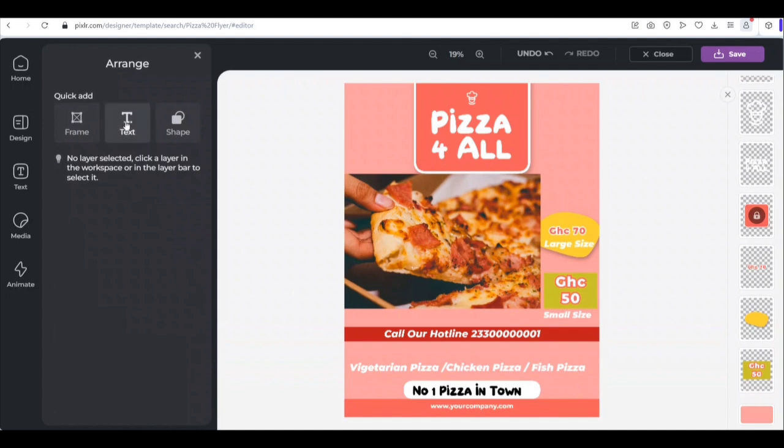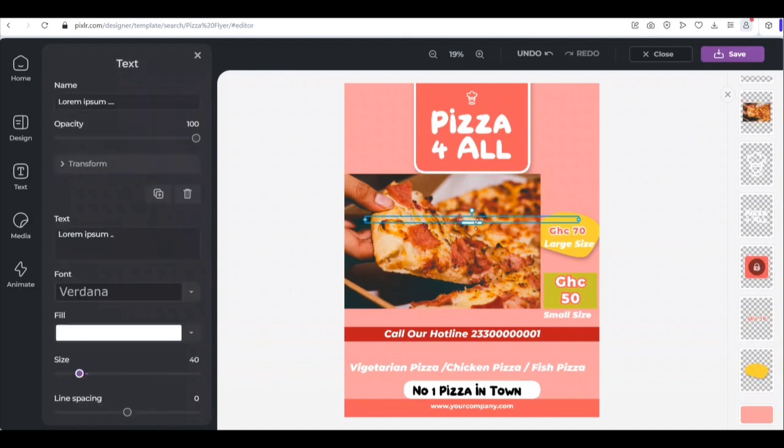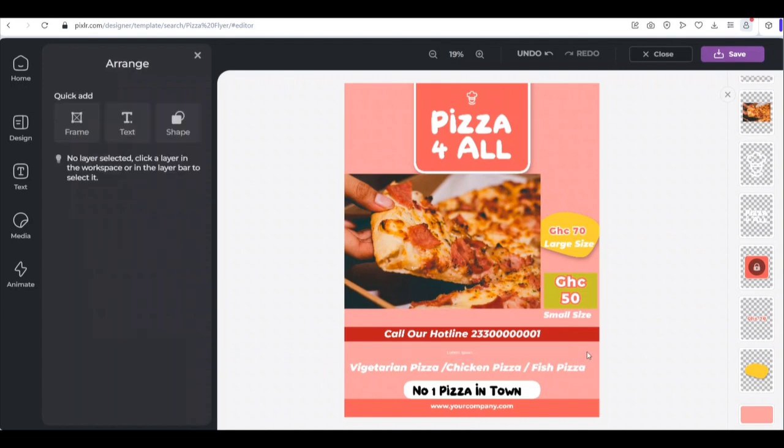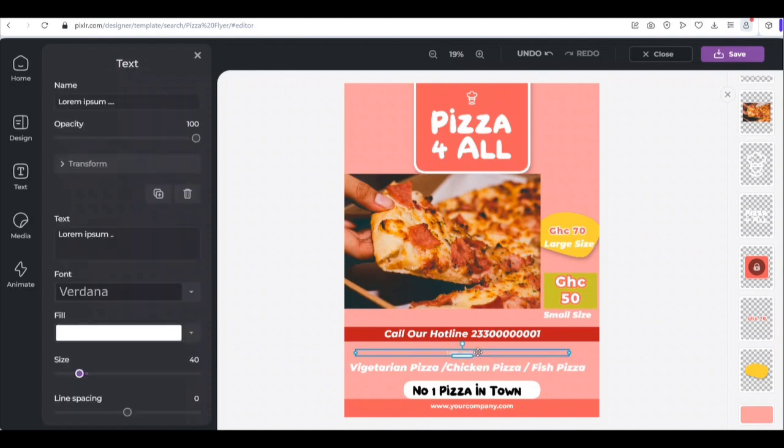So we go to text. We're going to have this thing here. We'll put the cursor on this rectangle or the object here. We click and hold it, push it down. Then now we click here and then we click on it back. And then we go to the left side. If you don't click on it back, this thing will not show. So we go to the left side. Now we're going to change the text. So we delete the text here and then we type in for delivery,